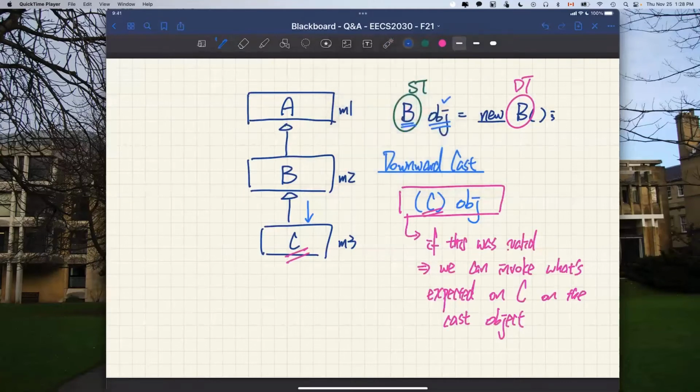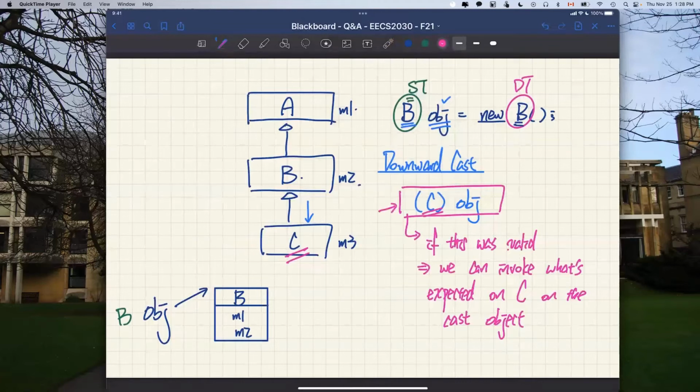You can see OBJ is pointing to some object over here, which dynamically is actually B. And remember, what will be the expectation for B? Only M1 and M2, right? Let me write it down here. It's not really an attribute, but just informally, I can put M1 and M2 here. And statically, this reference over here is actually B, right? Never changes. And for this particular cast, if we allow it, that's going to be C